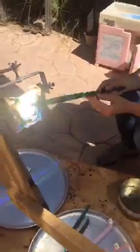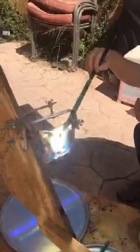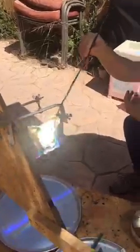So the bright spot is where all the sunlight has been focused. And it gets up to 3,000 degrees on a good clear day like today. And I have to keep turning the glass so it doesn't...